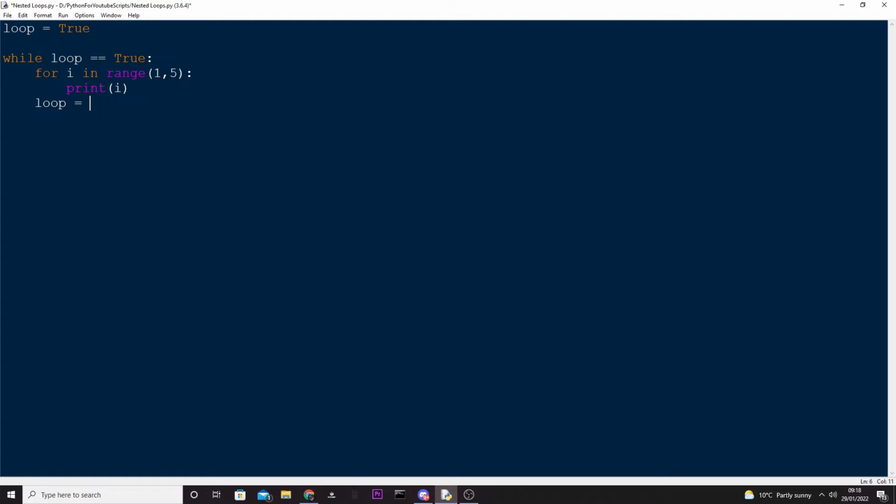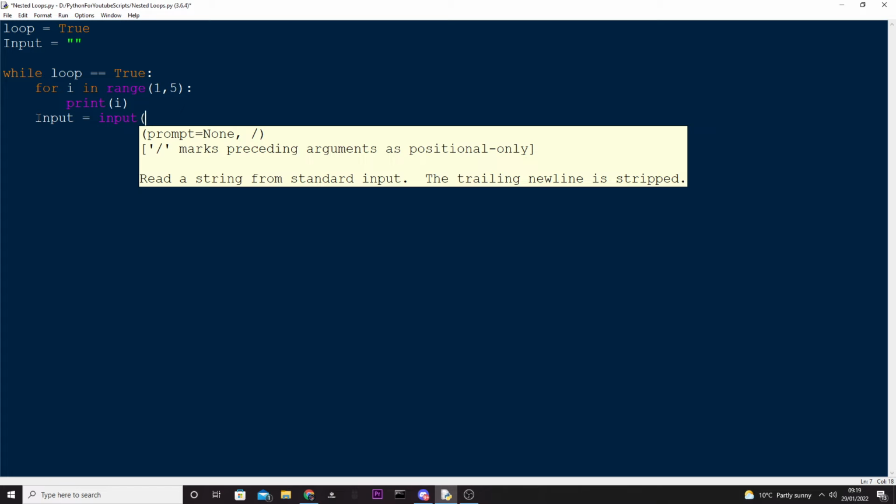and then, okay, what we're going to do is we are going to have to create a new variable up the top. We're going to have to call this input for now. Let's call it input with an uppercase I equals, and we'll just leave it like that. Now here we'll say input equals input, and then